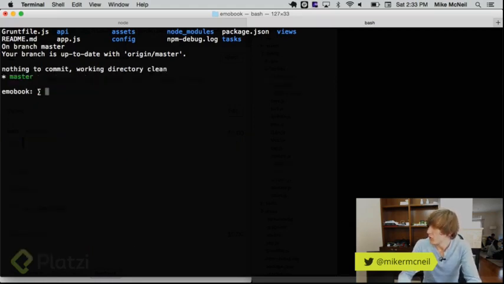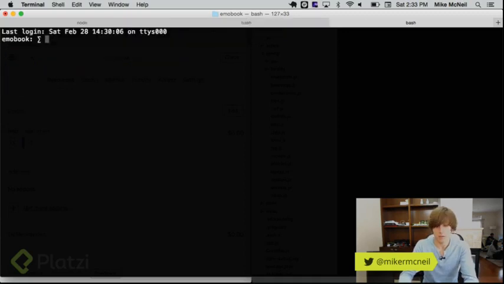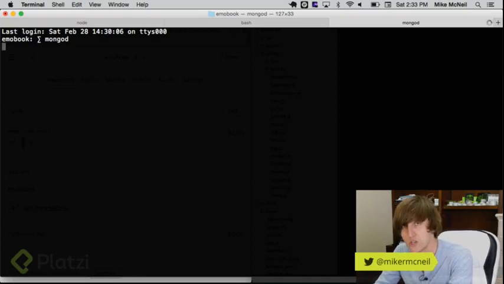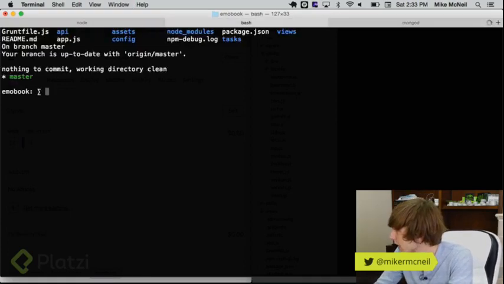Okay, so if I want to hook up Mongo, the first thing I'm going to do is make sure that I have Mongo running locally. So I'm going to open up a new tab in my terminal with Command-T, and I'm going to type mongod, or Mongod, as some people like to call it. And that's it. It doesn't look like it's doing anything, but it totally is. Just trust me. So I'm going to switch back to my other tab with Command-Shift-Left curly brace,